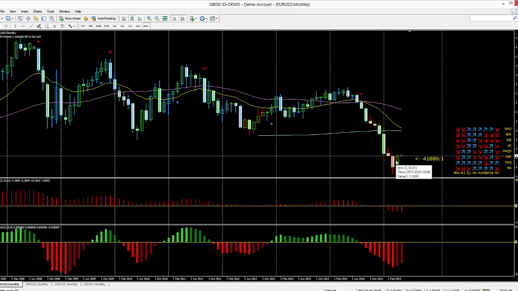So what it's done is now, it's created a tweezer bottom. Now, a tweezer bottom, railway tracks is another word they use, is an indication of a change in market bias. In this case, negative bias to the downside for a prolonged period of time on the monthly, followed by a very bull candle in the opposite direction, which has engulfed the prior candle. In this case, we're looking at monthly, so therefore we're seeing a lot of buyers coming into the market over a longer period, i.e. 4 weeks.